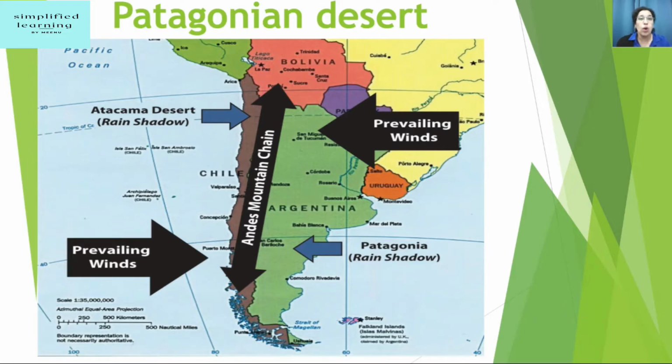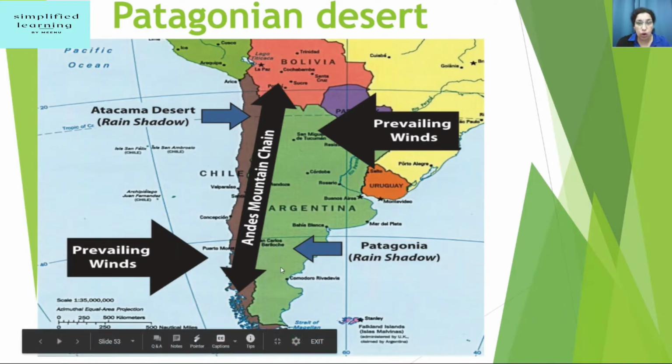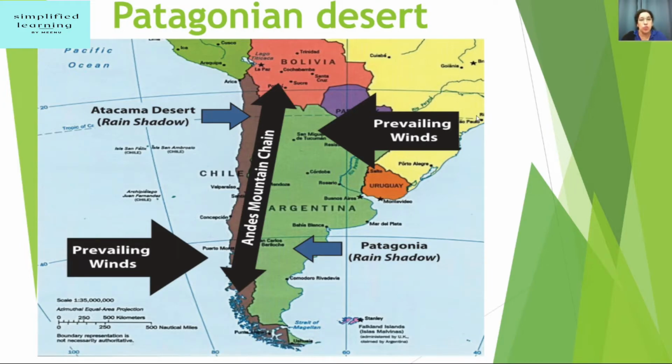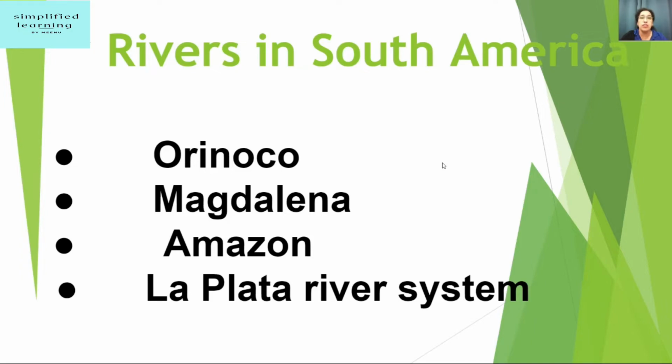So this is how Patagonian Desert has been formed, because there is no rainfall as it comes in the rain shadow area of Andes mountains. Clear? So here we have covered all the four physical features of South America. Now the next topic which we have is rivers in South America. So we will talk about some important rivers in South America, which are Orinoco, Magdalena, Amazon, and the last is